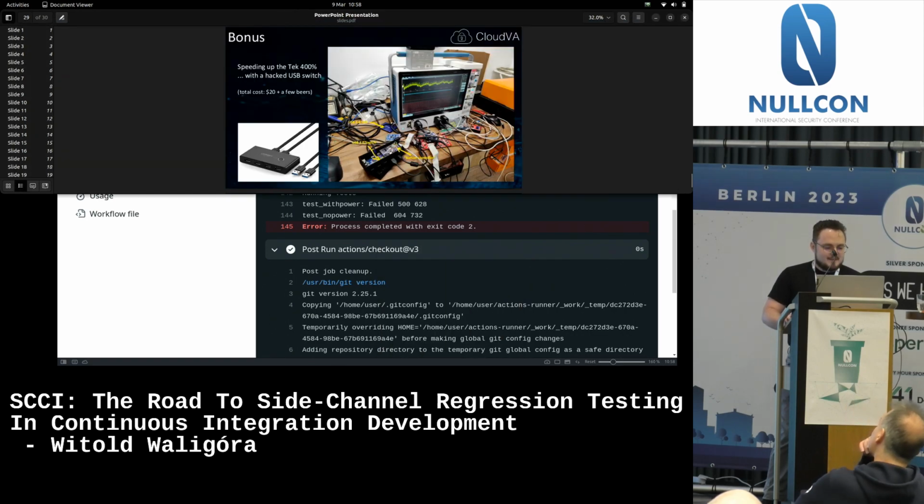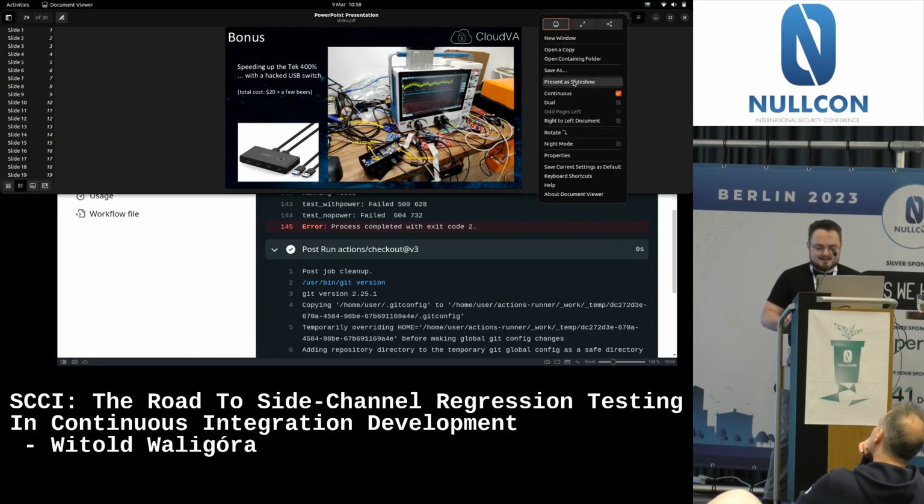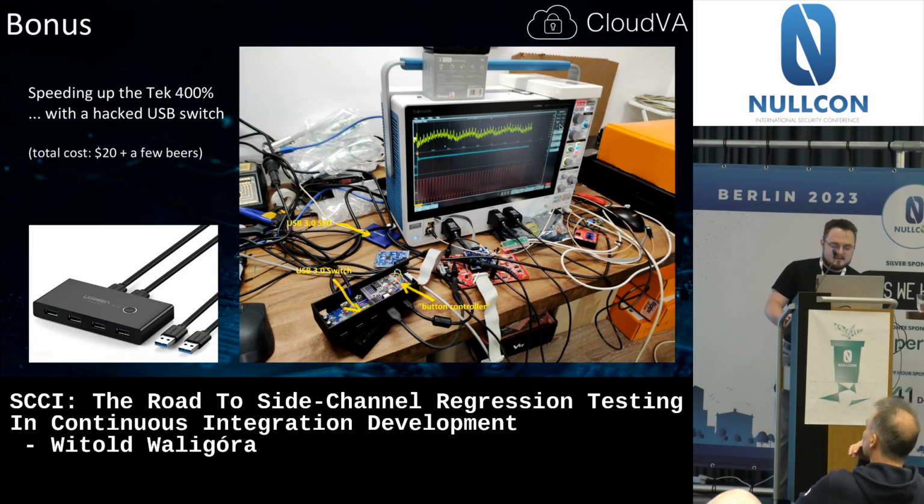And a bonus at the end. Let me just go back there. So, like I said, benchtop scopes have terrible I/O. So we have this big Tektronix that can't even saturate a gigabit connection. So basically, we sped up our trace gathering 4 times by soldering on a couple of MOSFETs to a $10